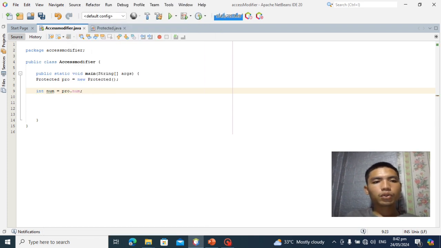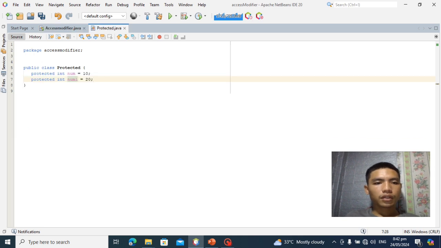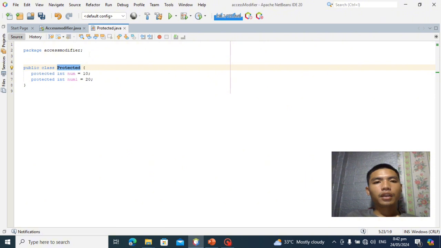So we are able to access the protected variable in the protected class. It is because it is accessible in any class in the same package. But if we create another package and try to access the protected variable, we cannot access it. It is because protected